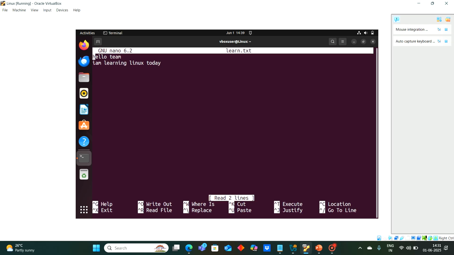So now you can see here what is the command. Hello team. Okay. I am learning Linux today. This text is already there, or we can add here hello team. Okay, we can put here some more. Okay, I am learning all Linux